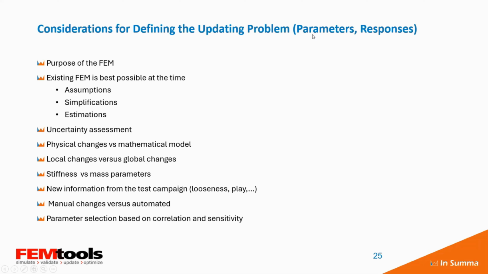Well, we will have to think about what parameters to update, and we will also have to know what is the purpose of the FE model, to decide whether we want physical change or mathematical change. What is the uncertainty in terms of the parameters? What are the assumptions, simplifications? That's a bit related to uncertainty. Do we need local or global changes, which can be decided from how the correlation looks from one mode to another? Whether we need stiffness or mass, whether we have background information that we can use, whether we can automate